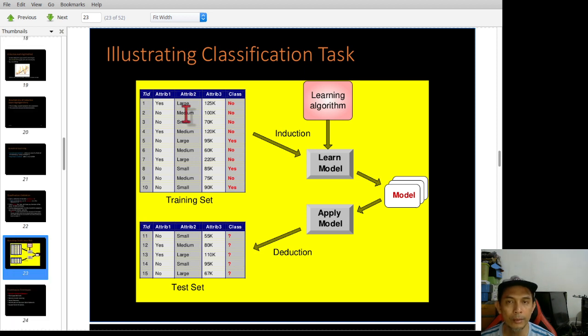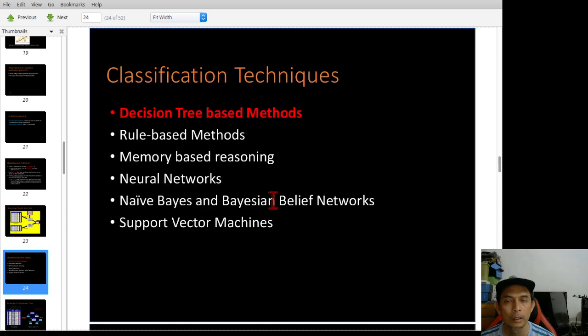Now, given this training and testing set, the next question is what approach, or what kind of learning model, you can use to solve this problem. Since this is a classification problem, there are many available options.